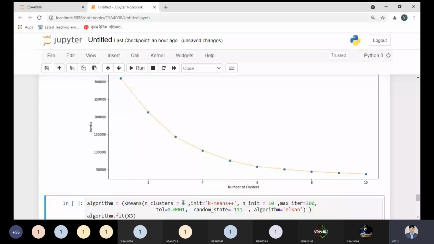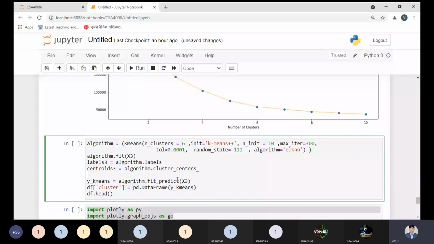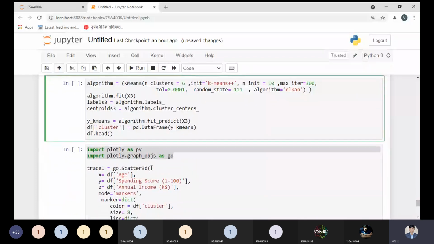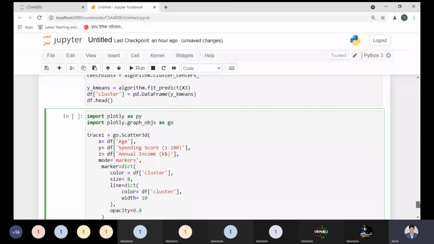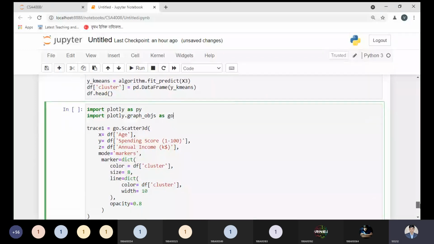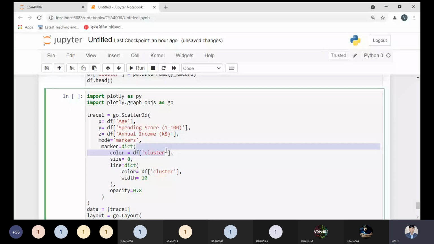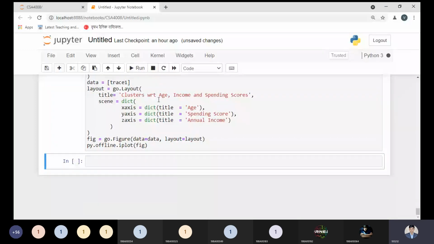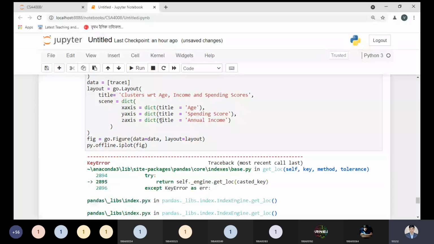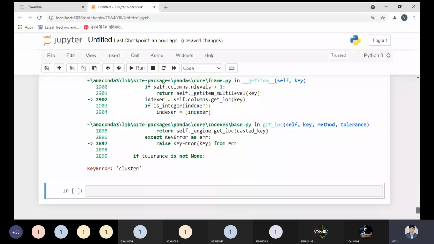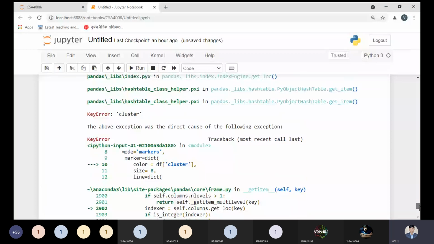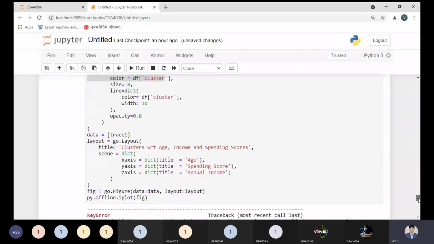Understood. Okay. So from this point, what I'm doing right now is using a very important library, plotly. Okay, so this is another graph library. Previously it was not installed on my laptop, so I've installed this library, and I'm showing my output in 3D manner. That is the beauty. Okay. Just let me know where we have the matrices and the cluster. Here we have the cluster where we are getting the labels.